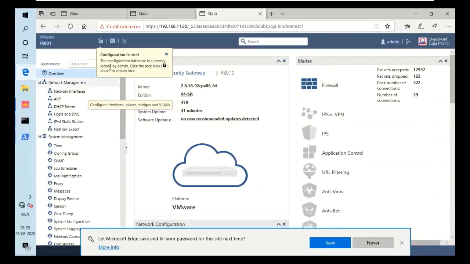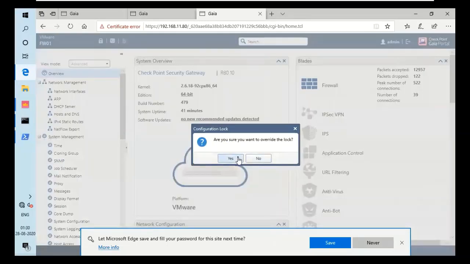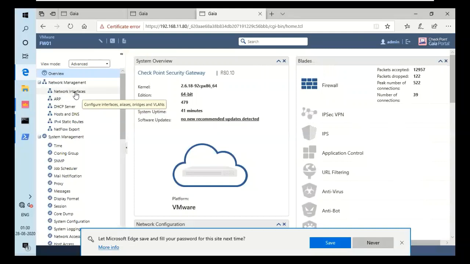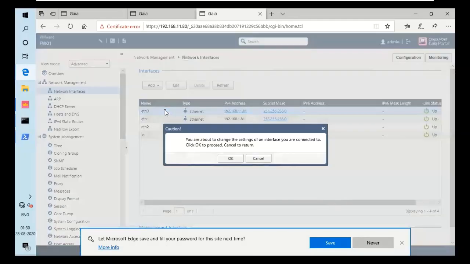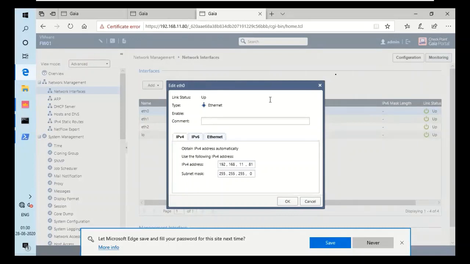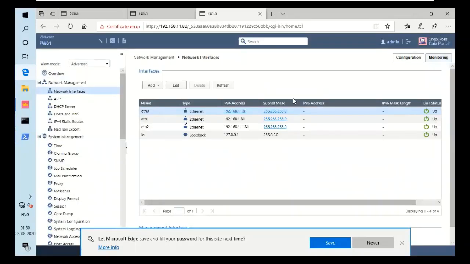I will acquire the lock, override the lock, yes. Let's disable the Ethernet 0 interface. Click on OK. Let's disable any one of the interfaces. Let's go for Ethernet 1.